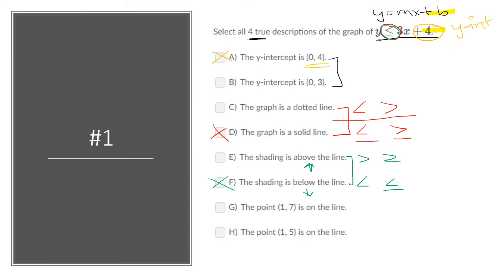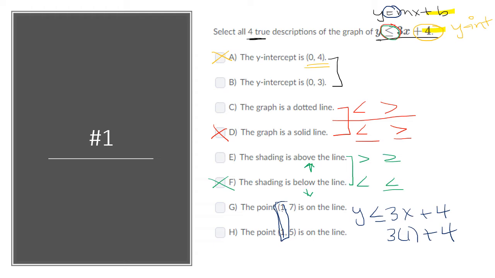The last thing I want to test is to see which point is on the line. If I'm on the line, I'm going to be equal to one another. The inequality part, the shading part, that's the less than part. The actual line, if I have a solid line, that's the equal part. So when x is equal to 1, what does y equal? If I take my inequality, y is less than or equal to 3x plus 4, and plug in 1 for x, because they gave me 1 as my x value in that problem,